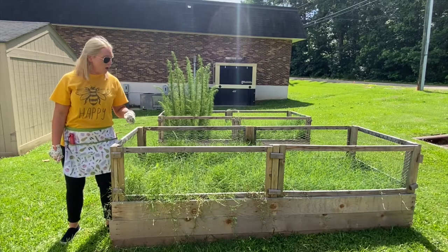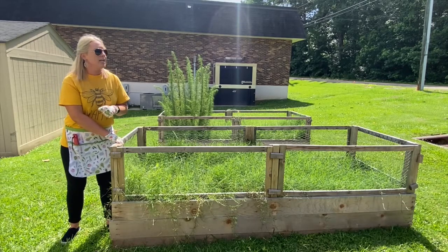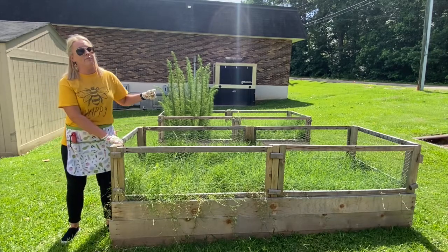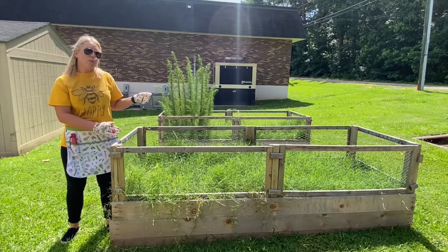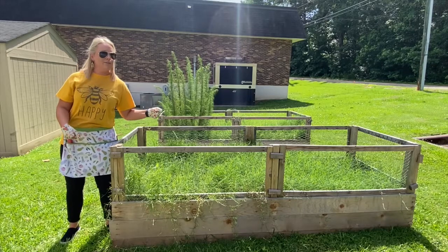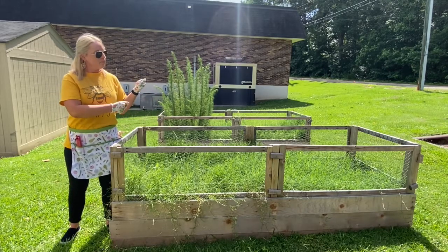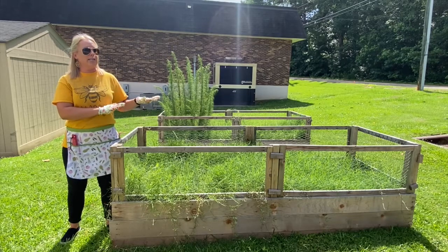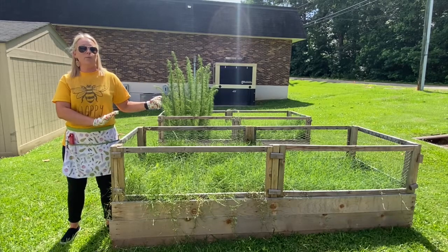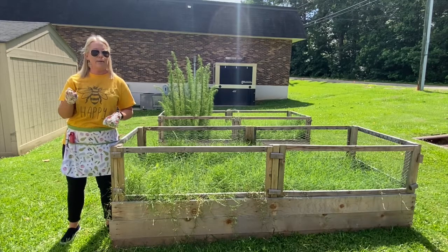Our plan for our garden is to have one of our garden beds be a pollinator garden and the other one to be a vegetable garden. And before we can prep our garden and get the soil in there, we have to pull out all of these weeds. And our plan is to next week have all these weeds pulled out and our garden soil prepped. And we'll talk a little bit more about what kind of soil you need in your garden,